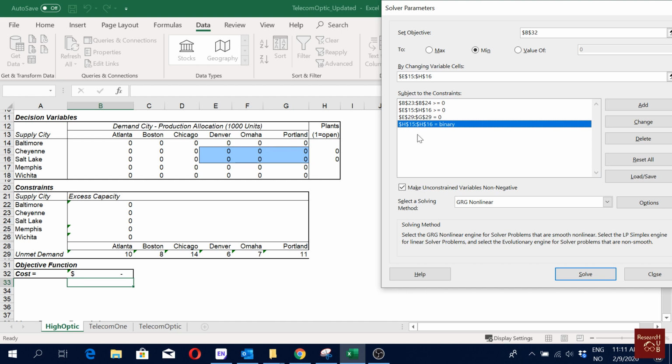And then for binary, here these plant locations, if they're open or not. So if it's open, then 1. If it's closed, then we'll have the value of 0. So that's why we call these two binary. And then we can simply solve it. Here I see that we are using GRG nonlinear, but we can also try the simplex one,